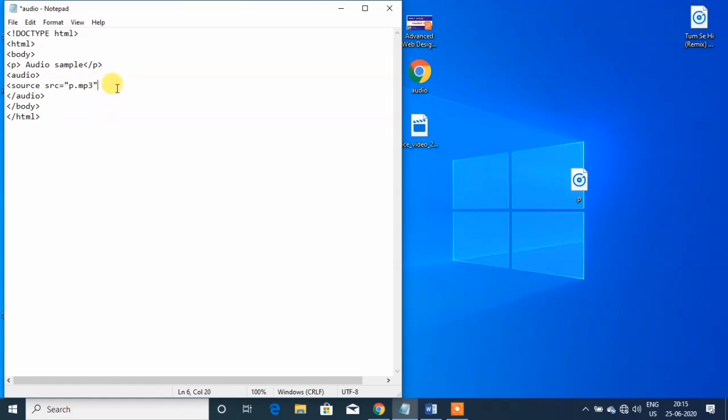Then use the type attribute, type equal. This is an audio file, that's why you have to write the type audio/mp3 in double inverted commas. Suppose you are taking a WAV file, then you have to write WAV instead of mp3, and the type of the file is also WAV.